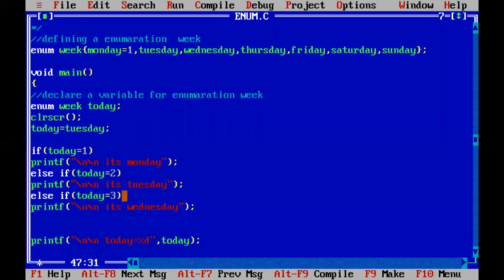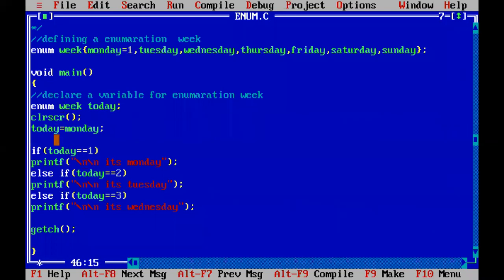And remove this statement. You don't need to print this one. So here I am writing Monday. Monday means what? Monday integer constant is 1 and the name given is Monday. So Monday value 1 is assigned to today. Now today is also 1. And in the if condition, if today double equal to 1, and if today double equal to 2, and if today double equal to 3, like this you have to write.